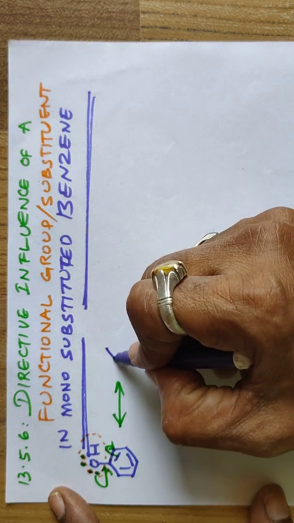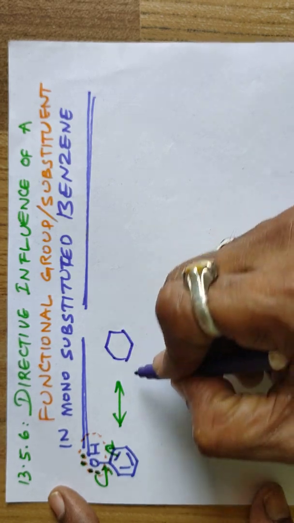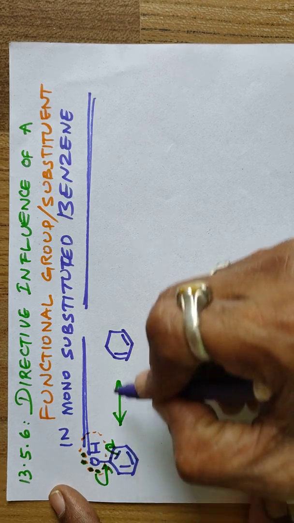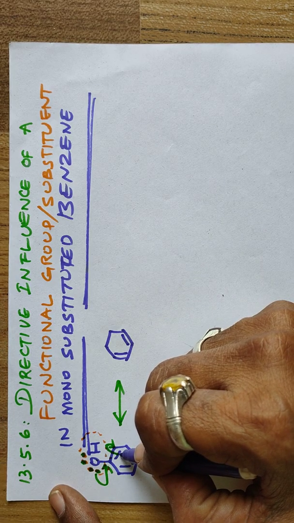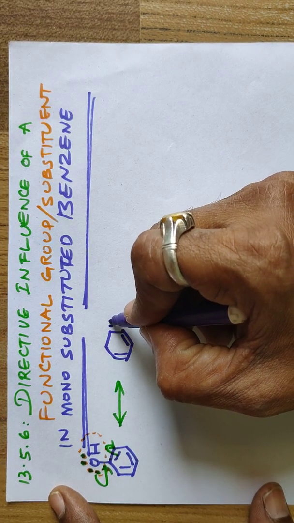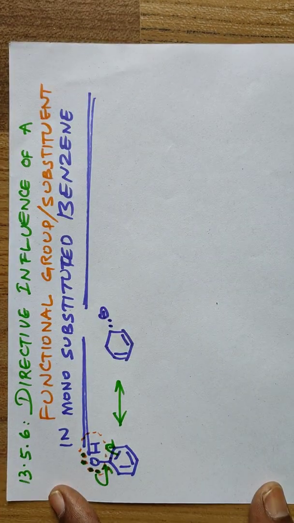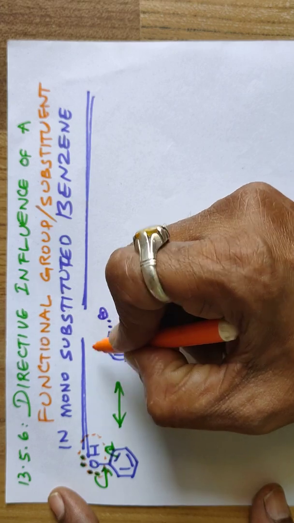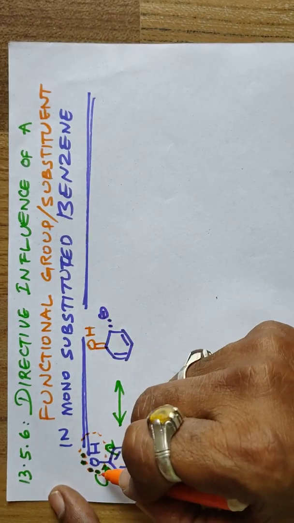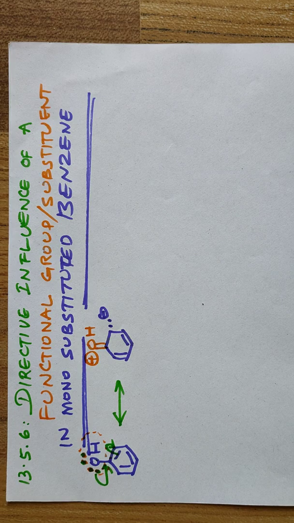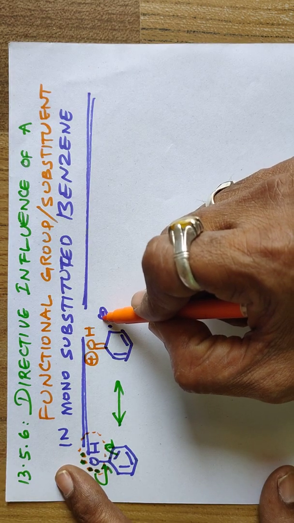Yes, draw the same structure. Here this pi bond is undisturbed, this pi bond is undisturbed, this pi bond is disturbed, then the electrons are shifted here, it gets a negative charge, and between carbon and oxygen a double bond results. By donating an electron pair, oxygen acquires a positive charge. This you have to maintain.